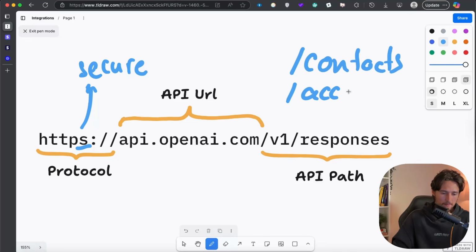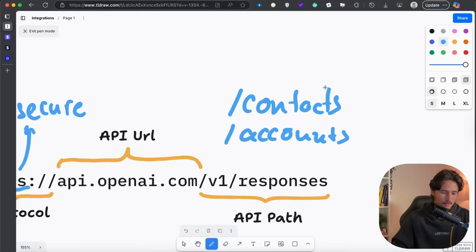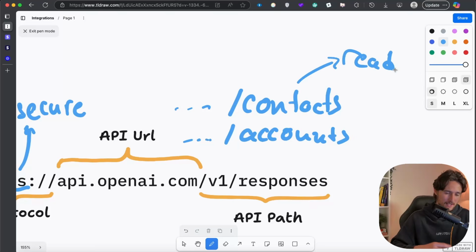and you have accounts, right? And then you have the Salesforce API URL before them. The contacts will allow you to read the contacts, the accounts will allow you to read the accounts, obviously, right? So you have the same Salesforce org, but you can read different things, right? If you try to read accounts from a contacts API, it's not going to work, it's not going to give you anything. Then sometimes you'll see some kind of dynamic